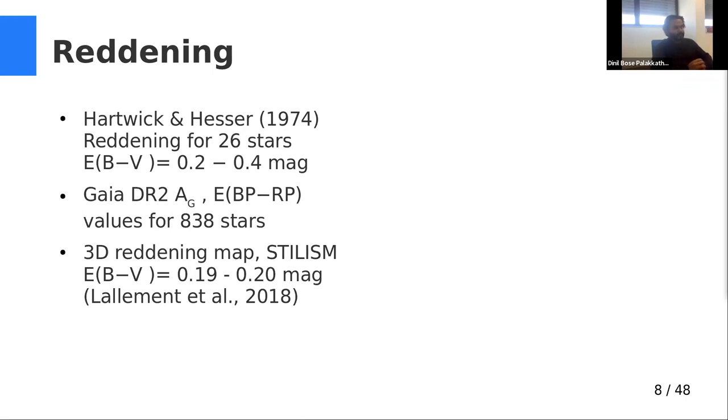We derived the reddening for individual stars. So when we look into the individual reddening of the stars, we found that the reddening is just varying from 0.19 to 0.20 magnitude. And this may be due to